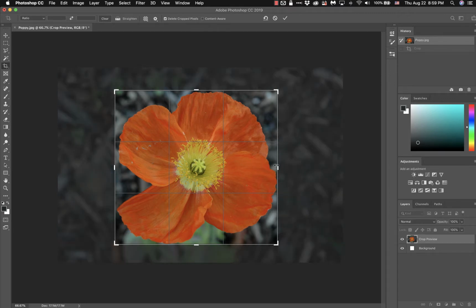All right, so once you get your cropping box around whatever part of the image you want to crop out, you have two options available. If you don't like it, you can always hit escape on your keyboard, whether you're on Mac or on your PC, and it'll undo everything and you can start over. Or you can hit enter and it'll commit the crop and it'll chop off all this extra part of the